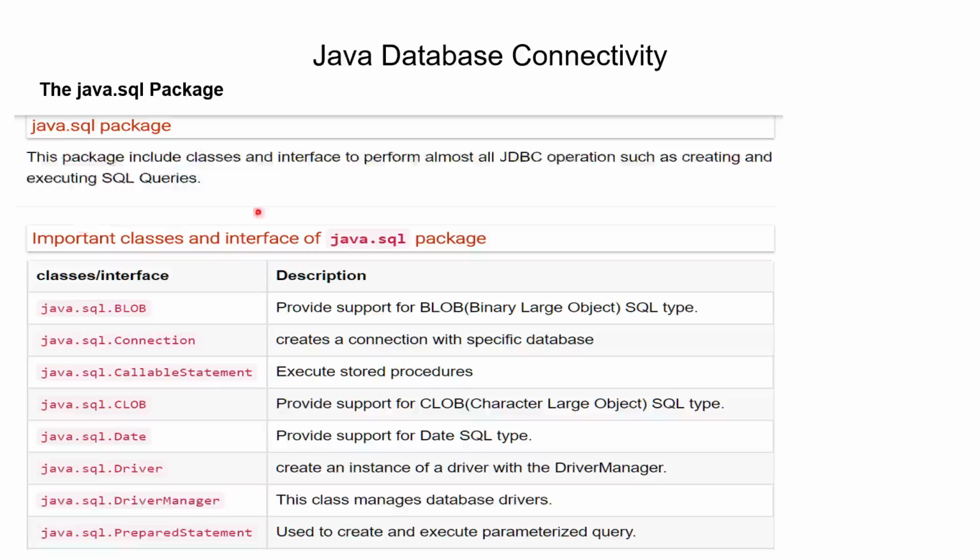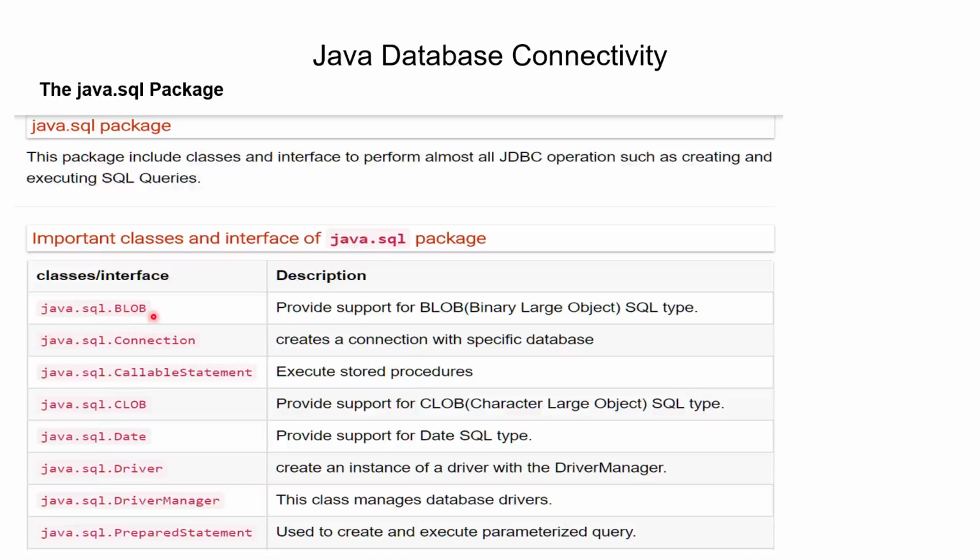So the Java SQL package includes all of the classes and interfaces necessary to perform almost all JDBC operations, such as creating and executing SQL queries. So JDBC stands for Java Database Connectivity, and SQL stands for Structured Query Language, and Structured Query Language is a relational database language. If we take a look at some of the classes and interfaces of the Java SQL package,